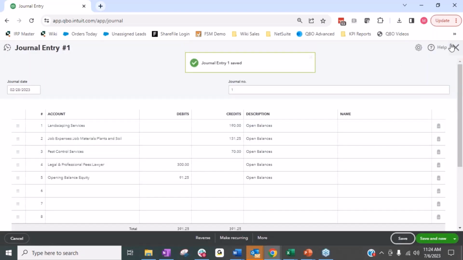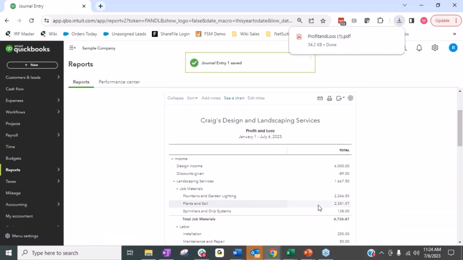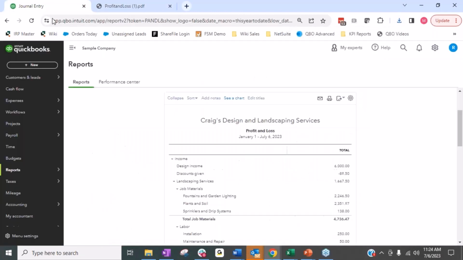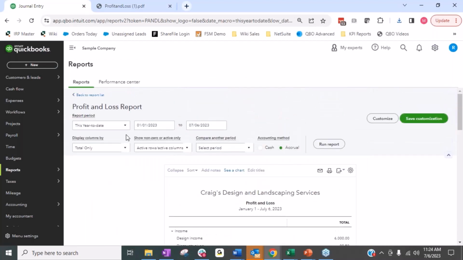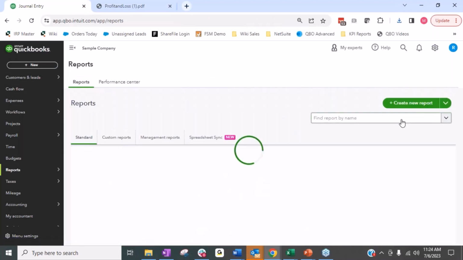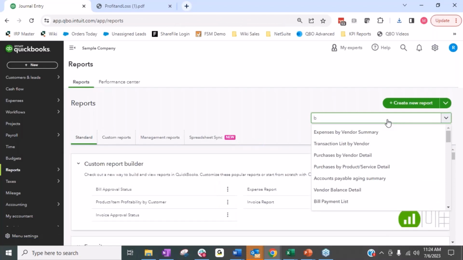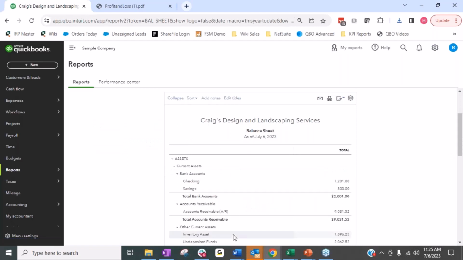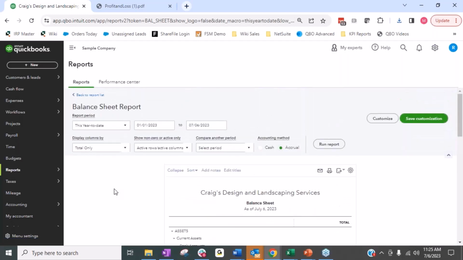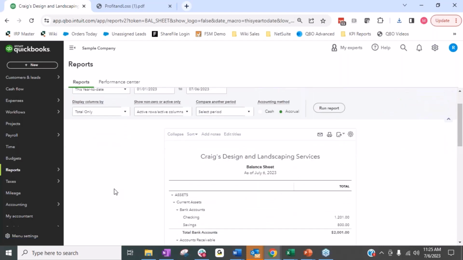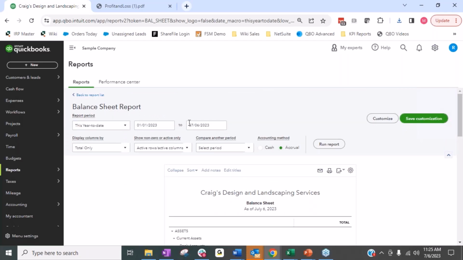All right, now let's talk about the other side. So we got all of the P&L in here. Everything is looking just fine. Now let's talk about balance sheet, because balance sheet is a little bit different. So when we come into our reports and we pull up our balance sheet, it is an as of balance. And you have to decide the best way for you to do the as of balance. So if I'm doing this year to date through June 30th, and I want to total by month,